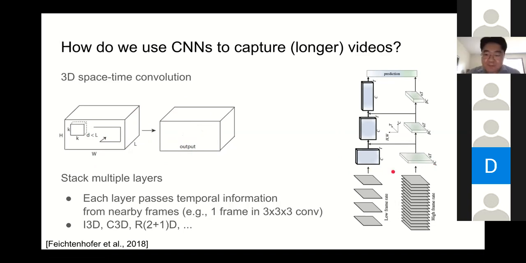And if the convolutional filter in each layer has certain temporal duration, like 3 frames, by stacking this multiple times, each layer can pass temporal information from nearby frames. So if we stack like 100 layers, we'll be able to capture like 100 and 200 frame information gradually. And many architectures, as I mentioned, were like this.